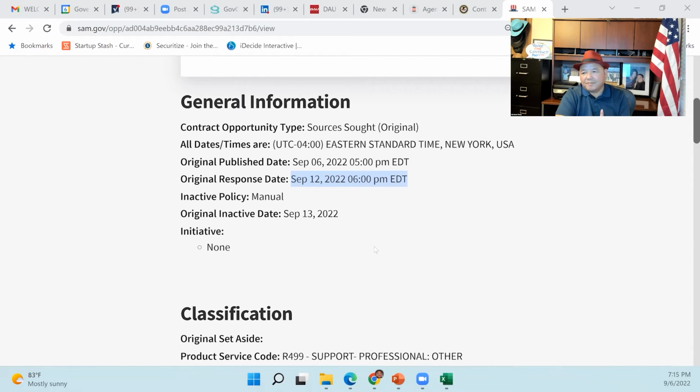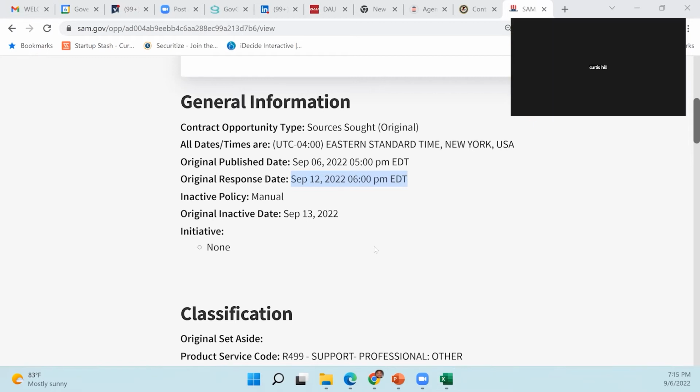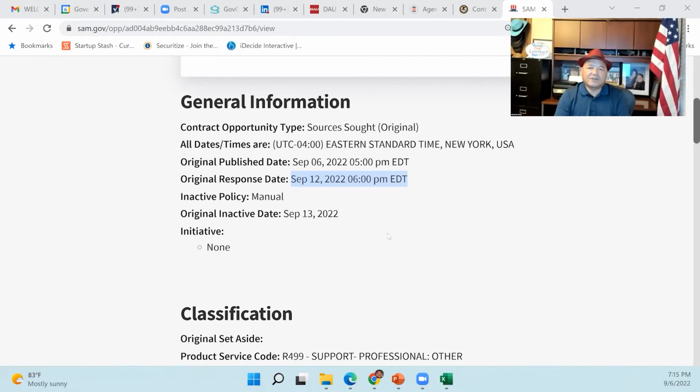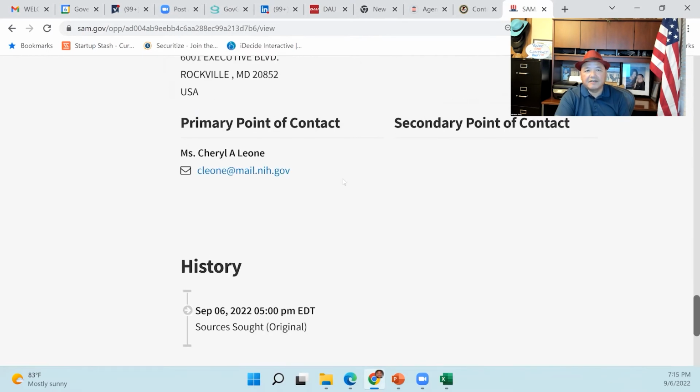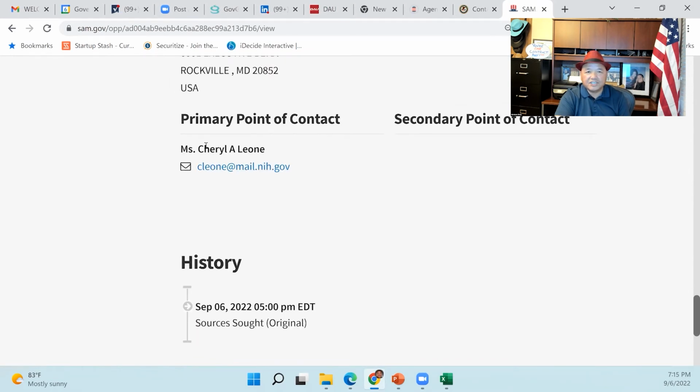Because of time, let me give you guys the best answer. The best answer is: it's due in 6 days, but you don't have enough time, so you want to ask for an extension. You email the contracting officer, because if you go down to the very bottom here, there is a contracting officer, Cheryl A. Leon.